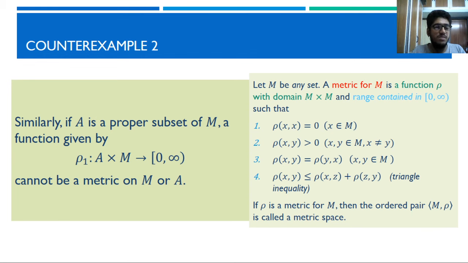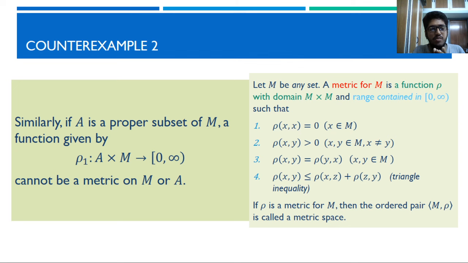If A is a proper subset of M, any proper subset, a function given by rho 1 from A cross M to the closed interval 0, infinity cannot be a metric on M or A. The reason again emphasizes the fact that the domain should be M cross M. Suppose we are considering the subset A equal to the closed interval 0, 1 and M equal to R. Then